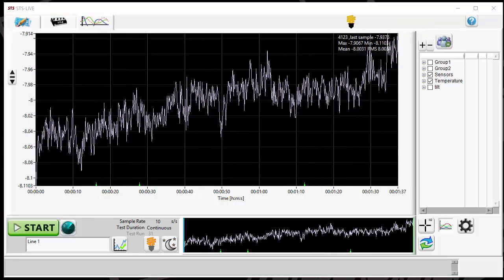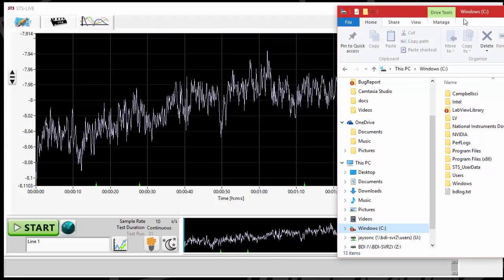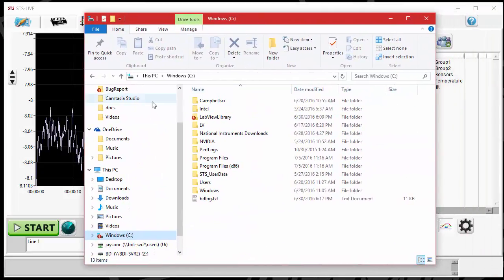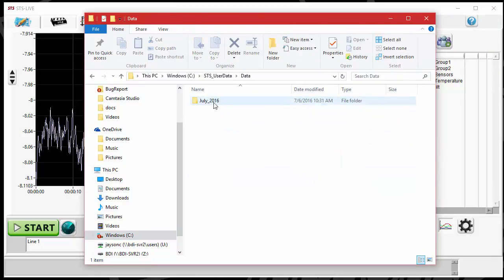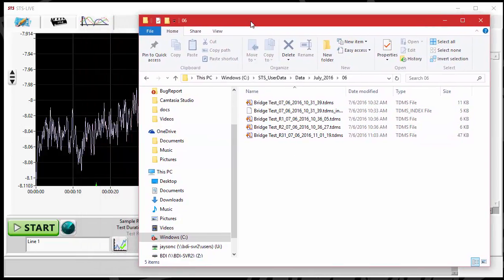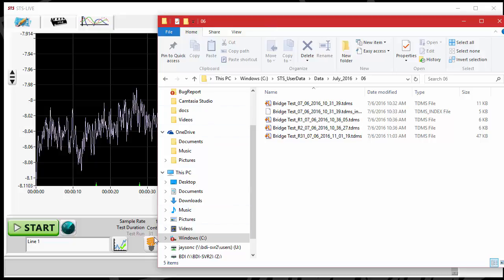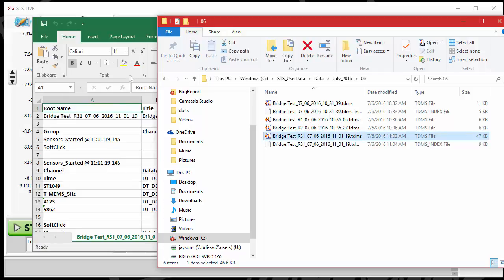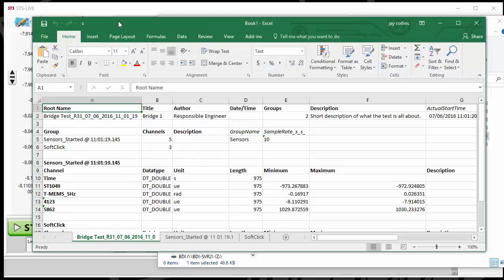and I'm now going to look at the TDMS file. I'm going to bring over a window. I'm going to go under C, STS user data, then I'm going to go to today's date, and the last test that I recorded, I see that it was run number 31 here. I just happen to have the test counter on, and I see that I have this run 31 right here, so I know that that's the test that I just looked at. I'll click to open up the TDMS file here,